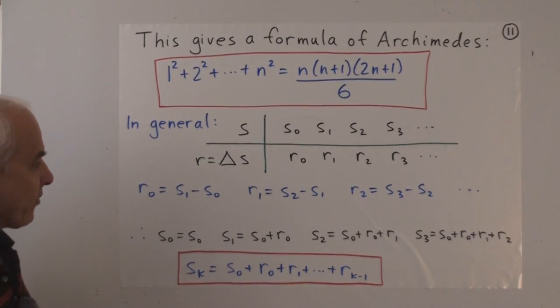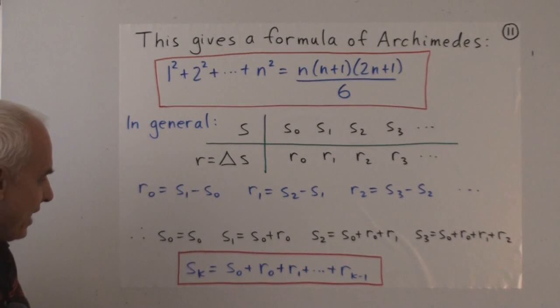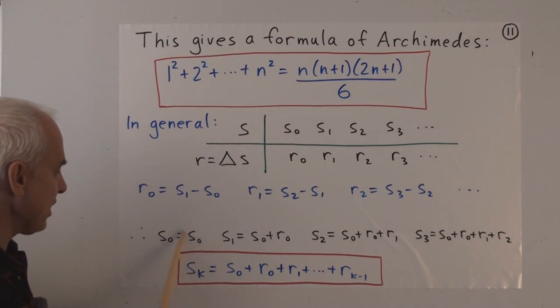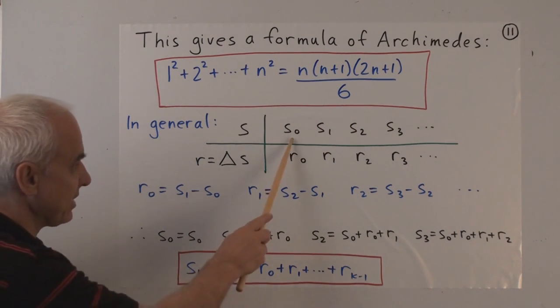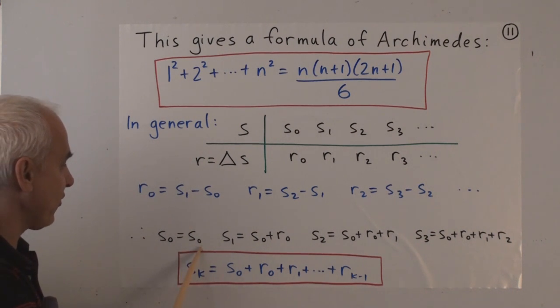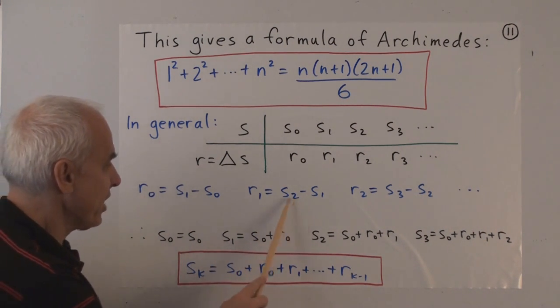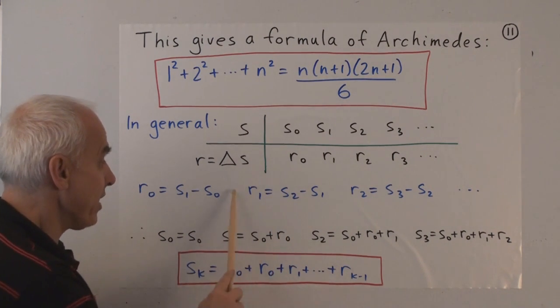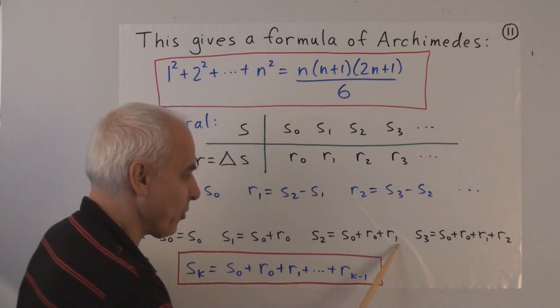Now suppose we try to unravel that and express the S's in terms of the R's. Well, we can't do that quite because there's a sort of an undetermined amount of freedom here. We don't have any control over the first element in the sequence. So S0 is just whatever it is. There's no information about what S0 is from here. However, once we know S0, then from this equation, S1 is equal to S0 plus R0. Then from this equation, S2 equals S1 plus R1. Well, that was S1, so if we add R1, then we get S0 plus R0 plus R1.